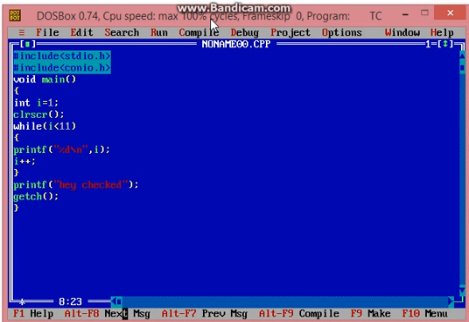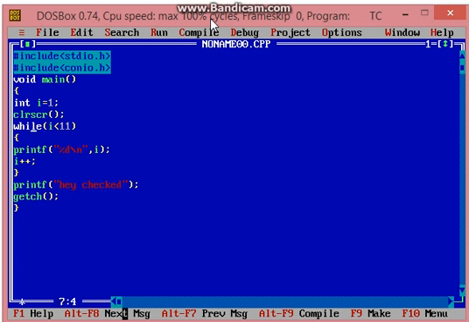And how will it work? In the first line, the value of i is initialized to 1, and whenever the control comes inside the while loop, first of all it will check the condition. If i is smaller than 11, yes, it's fine, the value of i is 1 and it's smaller than 11, so it will execute this statement. And when it comes to the next line, the value of i will be incremented by 1.